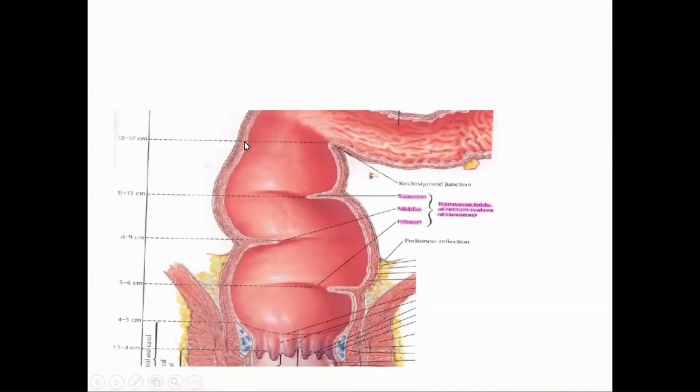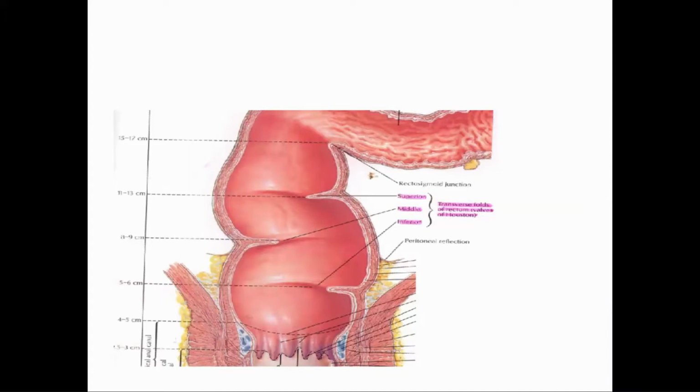So we said that curvatures are there. One is the antero-posterior curvature, which corresponds with the sacrococcygeal and the perineal curvatures, and three lateral curvatures are present: upper, middle, and the lower curvatures. Upper and lower curvatures are present on the right lateral wall of the rectum, whereas the middle curvature is present in the left lateral wall of rectum.